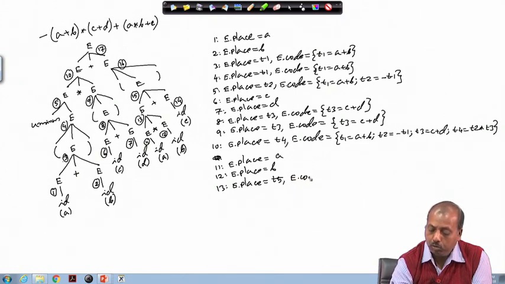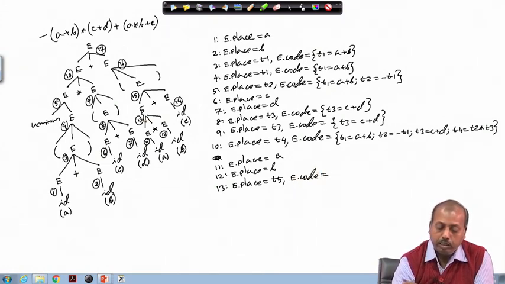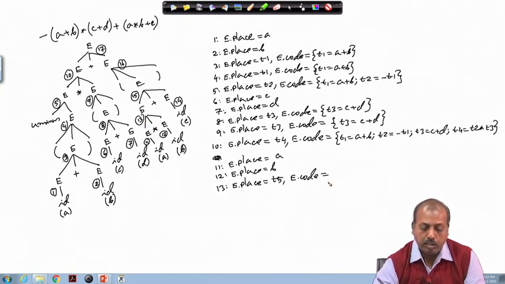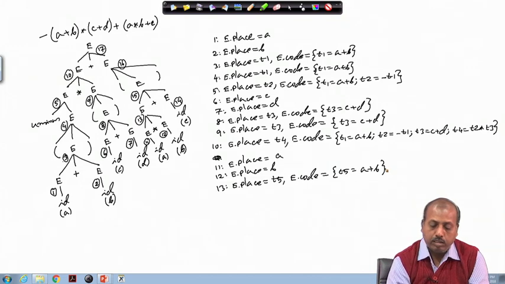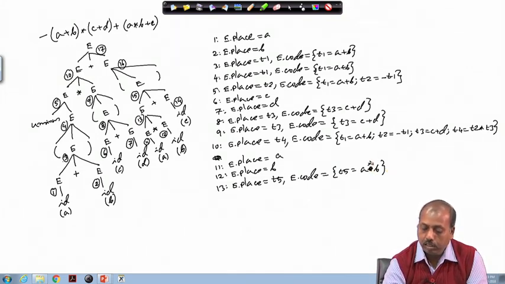So, this E dot code will be E1's code. So, code for 11 is null, code for 12 is also null. So, the code that I have is T5 equal to A star B. So, that is reduction number 13, A star B.